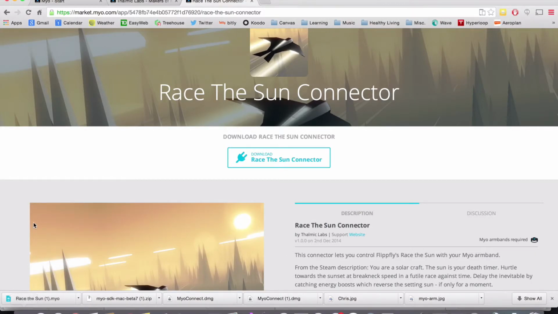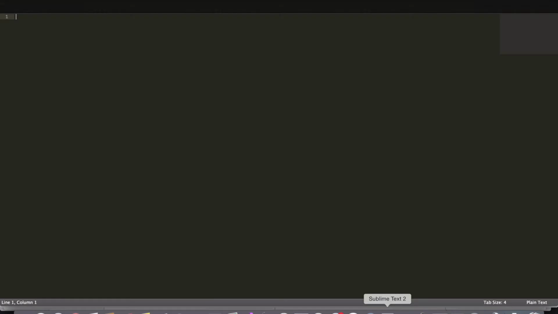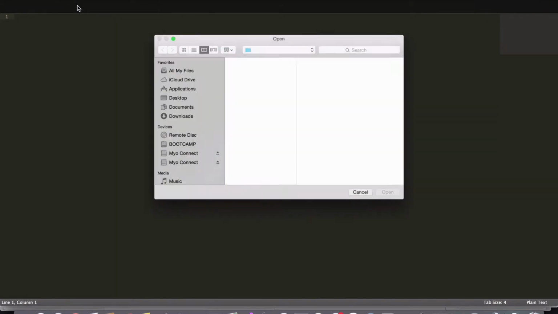Okay. So all that showed you was that by having a connector in Myo Connect, I can control Race the Sun with the Myo. So it's really sweet. So how exactly did I do that? To show you how I did that, I'm going to open up Sublime Text 2, and I'll show you what this connector actually looks like. So if I open up the connector,